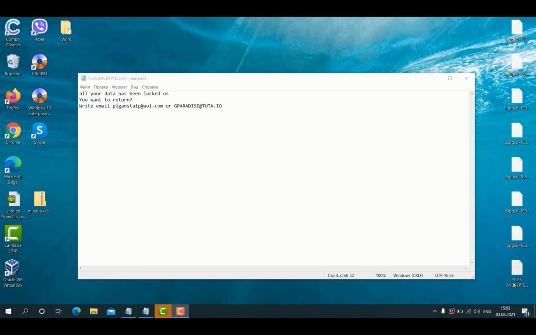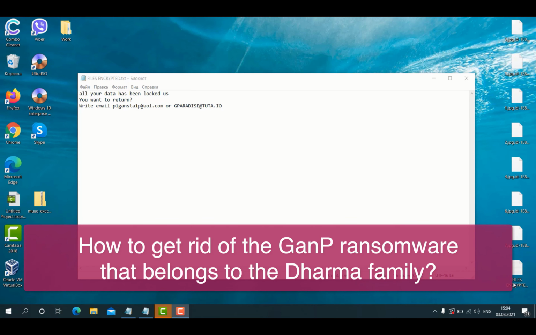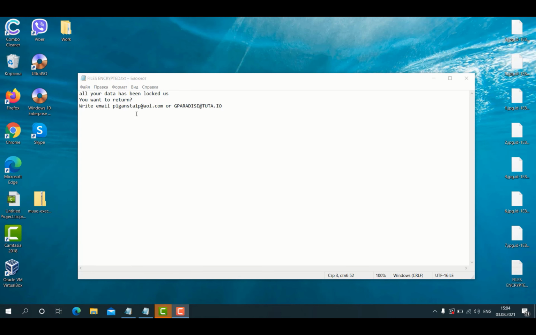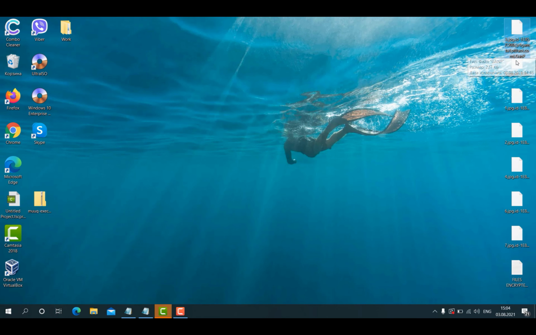The video is about getting rid of the ransomware called GanP. Ransomware encrypts files and demands ransom payment. It generates this ransom note that says you should contact the developers of this ransomware to get your files and other data returned. So the ransomware basically adds this special extension called GanP to all your important files that you store